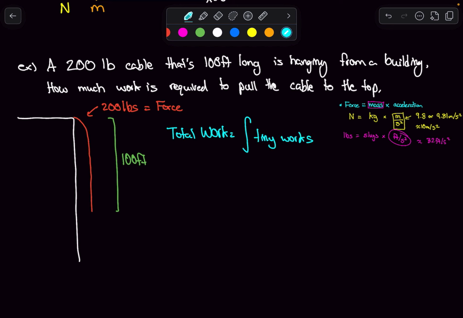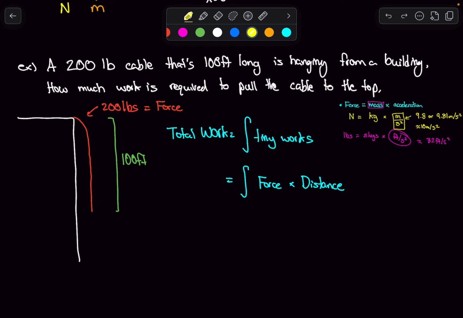And here's the idea, right? So again, we're adding up all the tiny works, which is force times distance. And here's the nice thing: the force doesn't vary. The force is 200 pounds for the entirety of this